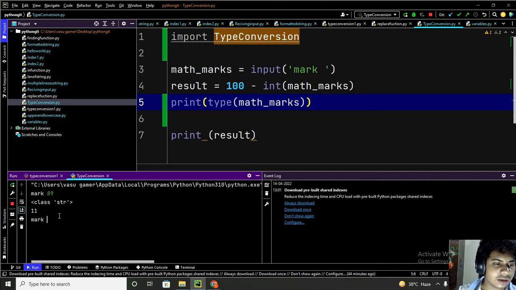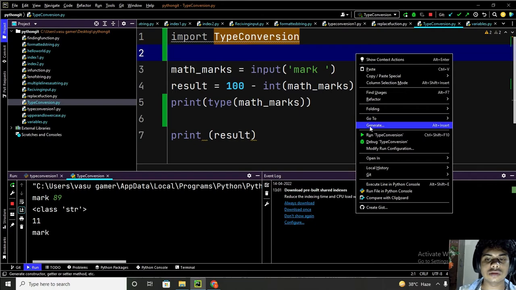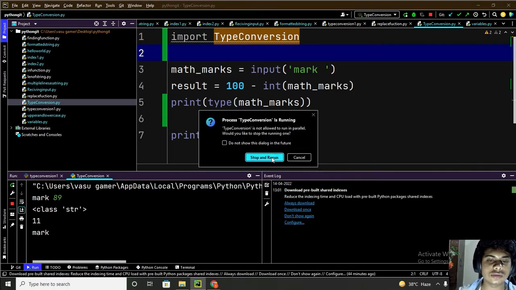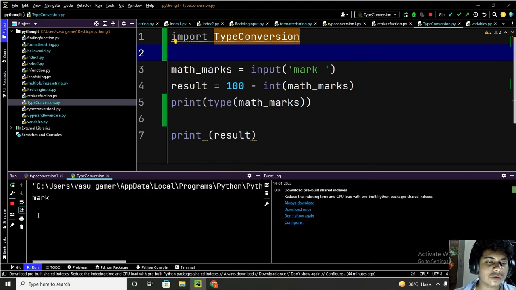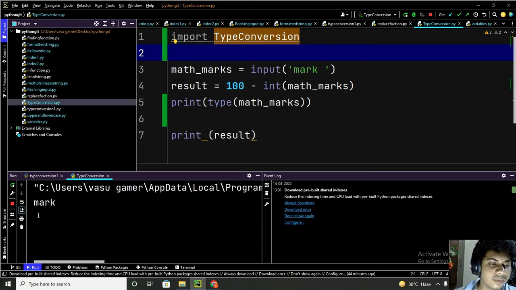I will run this program again for you guys. I was forgetting the syntax, that's why I was not able to print the class of a variable. So marks I will give, let's say 43. Now you can see that my input